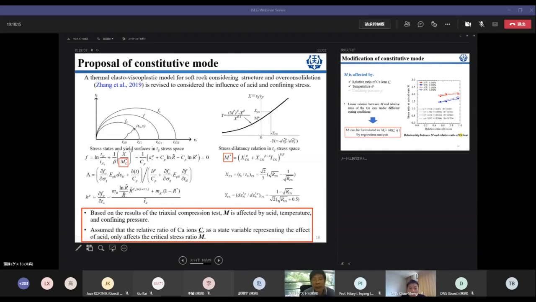superloading and subloading constitutive model, the concept firstly proposed by Professor Hashiguchi and Professor Asaoka, and also the transformed stress tensors called tij stress to consider the intermediate stress difference. So this is the stress-strain relation with tij stress space. So it's a quite matured constitutive model.